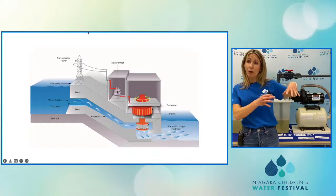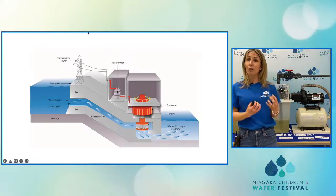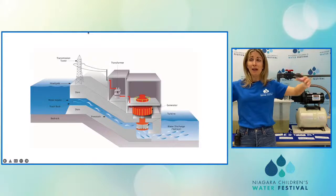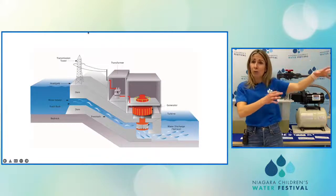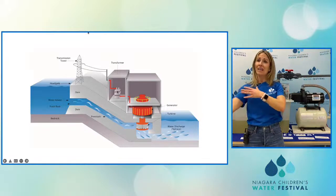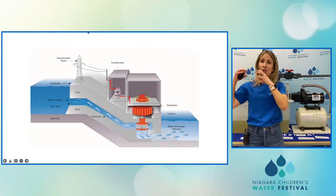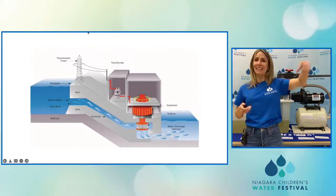And talking about our Surratt and Beck station, the open cut canal and the tunnels bring the water into our forebay. We need the pipe, that penstock, so it needs to be big and it needs to be fairly high. We need that water to run through the station with full force to hit that water wheel, to make it spin really fast, to get the generator working for us, to make the electricity, to send it to your